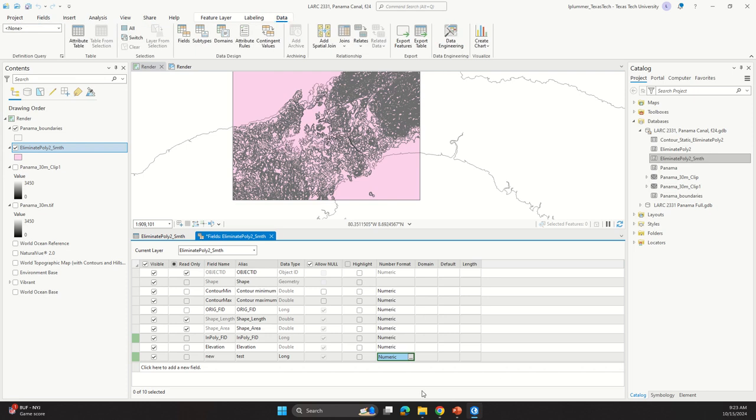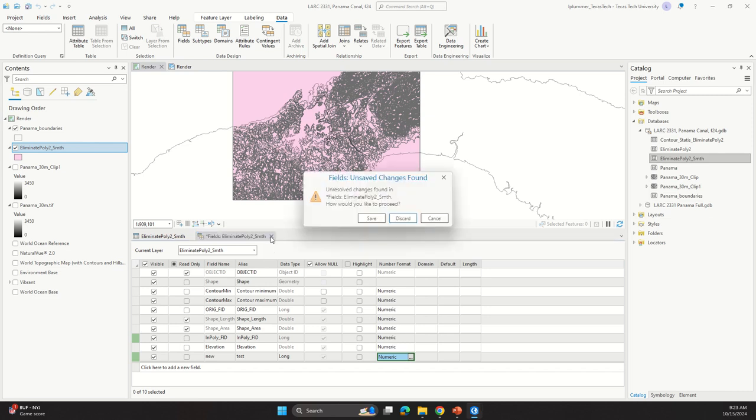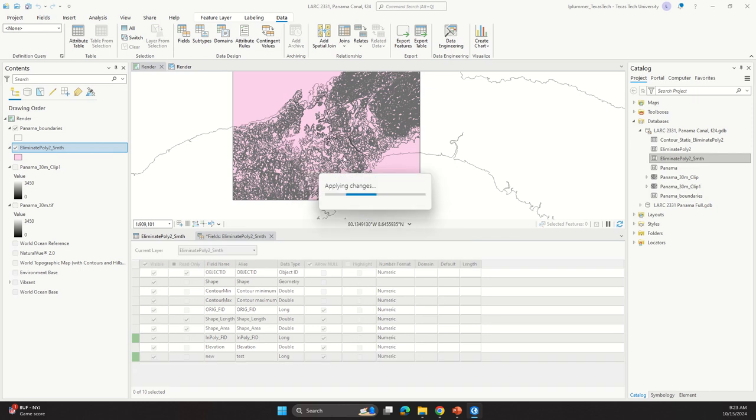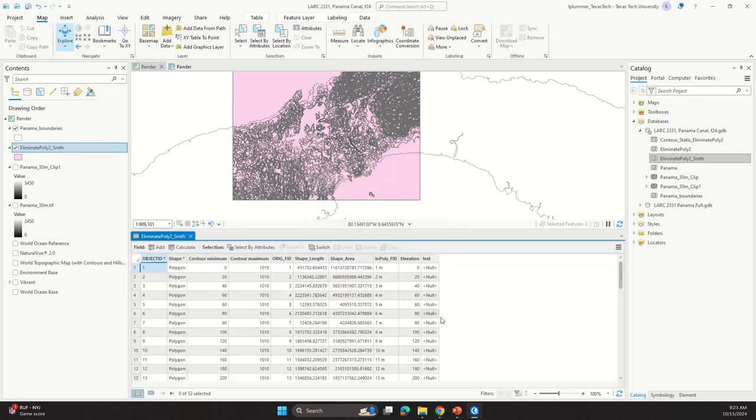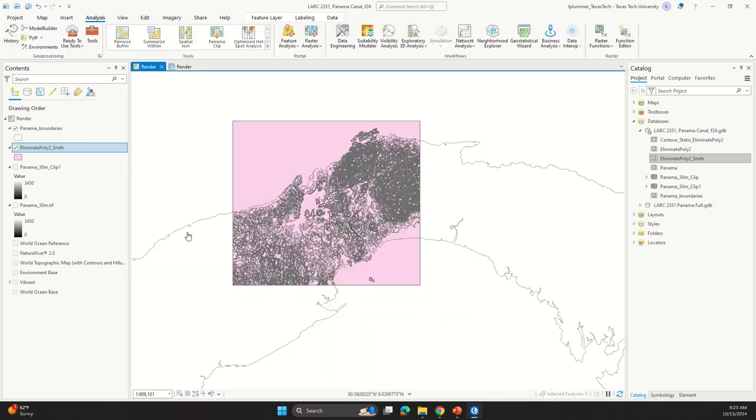Okay, I guess in this case you don't have to save it. I guess if you just X out of here, it'll ask you if you want. Okay, how would you like to proceed? Save. I didn't see the disk up here, but if you close out of it, it's going to ask you if you want to save. Okay, then what you're going to do is close out of your attribute table, come over to your database,